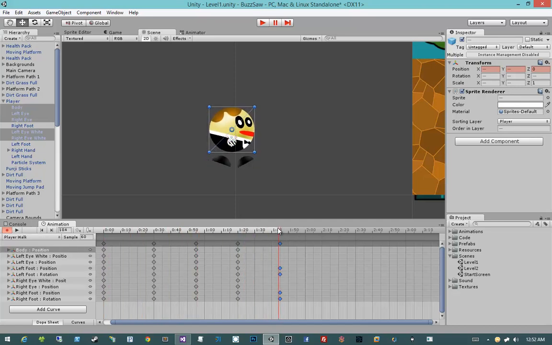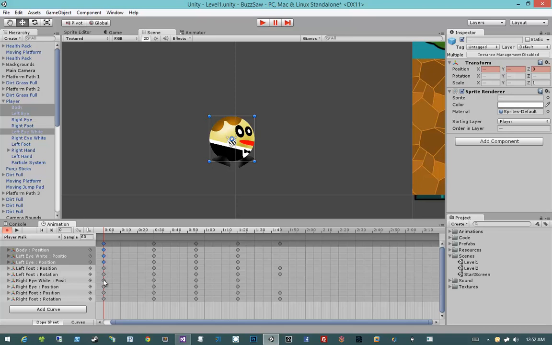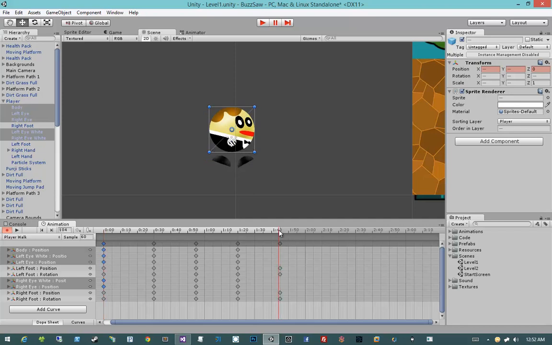And then on the last keyframe, I want to select his body from the first keyframe set: his body, his left eye, his right eye white, and his right eye. I want to select only these keyframes, so I want to hold down Control as I select them. And then I'm going to move all the way to the end, and I'm going to hit Control-C, Control-V. And that's